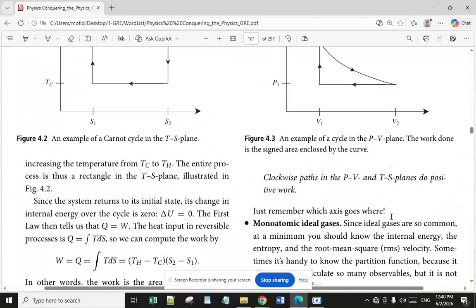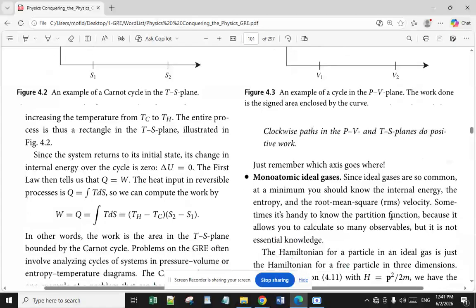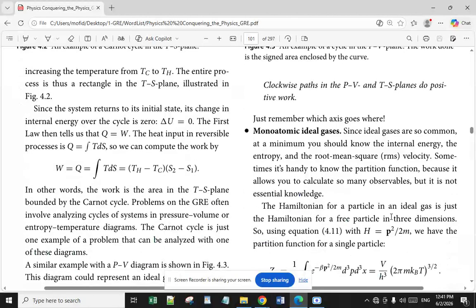The heat input in reversible processes is Q equal to the integral of T dS. So we can compute the work by this formulation. W is equal to Q, which is the integral of T dS, which is equal to TH minus TC multiplied by the entropy S2 minus S1. In other words, the work is the area in the T-S plane